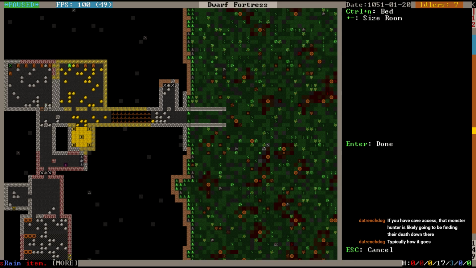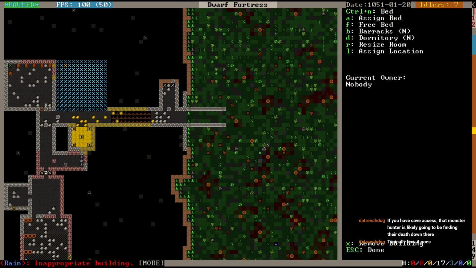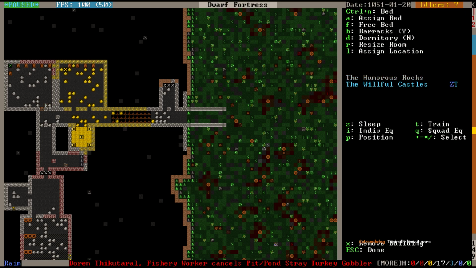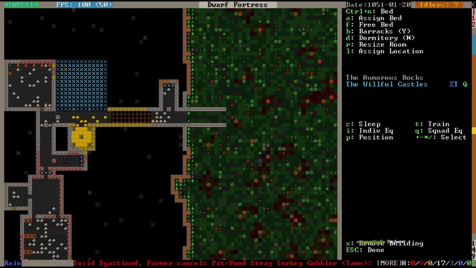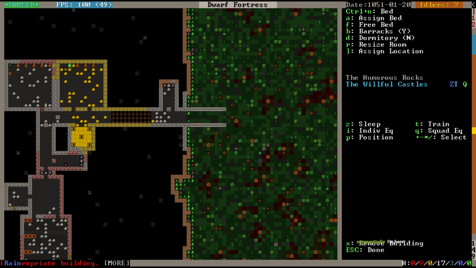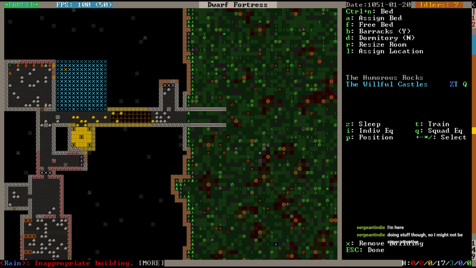Oh, hello. Careful there, boy. We assign that to nobody, but we make it a barracks for the willful castles. There we go. And they train, sleep, and use squad equipment. If you have cave access, that monster hunter is likely going to be finding their death down there. Typically how it goes. Well, we have sort of cave access. We found the caverns, but we've walled over them, so no one can get down there right now, so that's